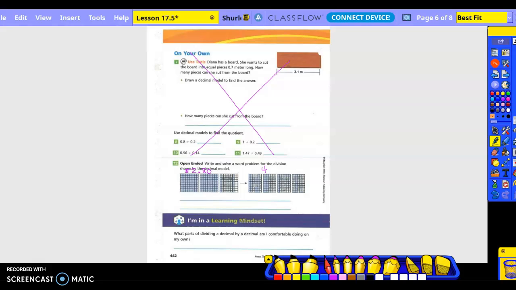Okay. Now this is 4 groups of what? Okay. This is a full flat. Is that a full flat? No. So how many longs are there? 7. And is there any small cubes by themselves? No. So just 7/10. So 4 groups of 7/10, right? Okay. So we could say Gary